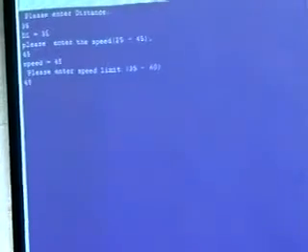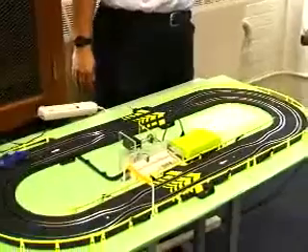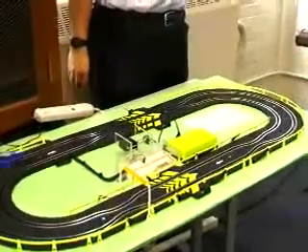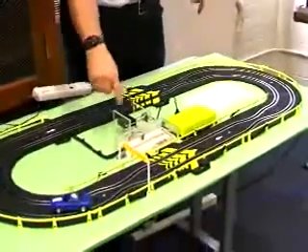Okay, so let's try this again: 35 for the distance, and this time I'll go to 45, and enter a speed limit of 45. So the car should start speeding up. As you notice, it's starting to speed up, as it prints out the velocity of the car, shown here, and eventually the